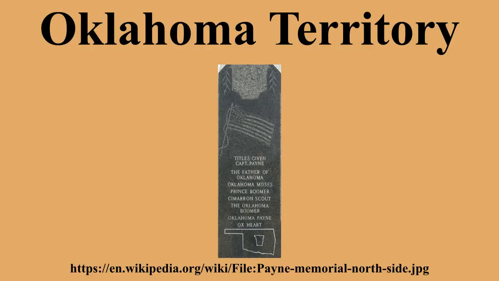When George Washington Steele, the first territorial governor, took office, he issued an executive order on July 8, 1890, calling for the first elections to the Assembly. The date set for this election was August 5, 1890. The Assembly was to have convened August 12, but owing to the death of 2 members-elect, a special election was called and the convening of the legislature was postponed until August 27, 1890. The Territorial Assembly met for 120-day sessions in Guthrie, Oklahoma.